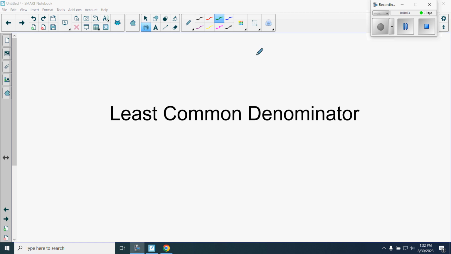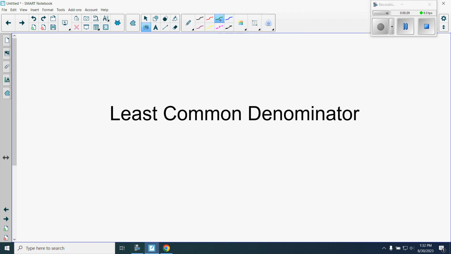Least common denominator. This section is a build-up to addition and subtraction of fractions. This is what you have to have before you add or subtract fractions. However, we have to be able to find what the least common denominator is. Well, I want to back up from that even a little bit more, because the least common denominator actually came from